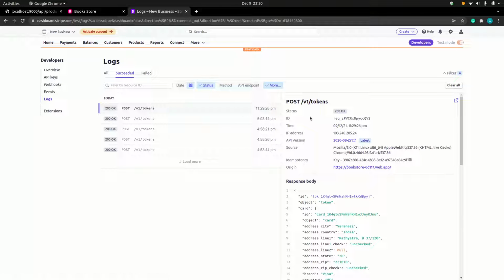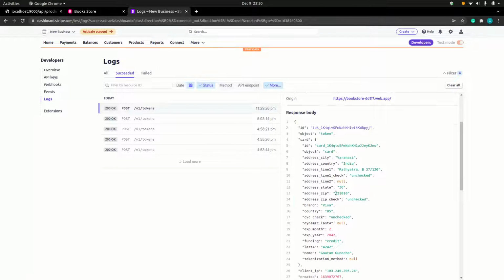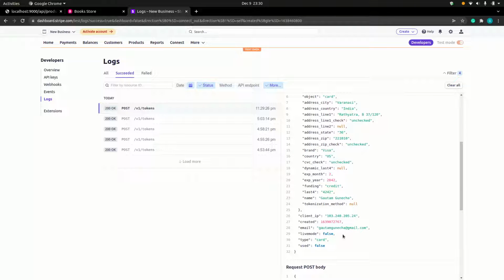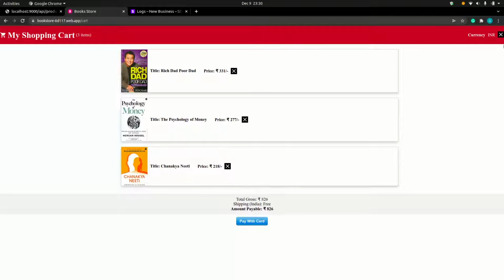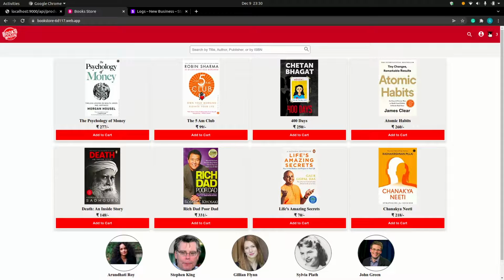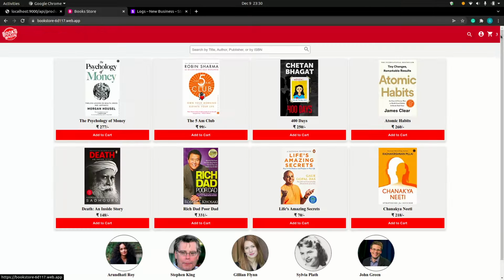Yeah, so we can see that we have 5 successful payments, and right now at 11:30 we have made this payment. The payment is by card from Varanasi where I am, and the shipping address and everything has been recorded here. So we can see that the payment gateway works pretty nicely.